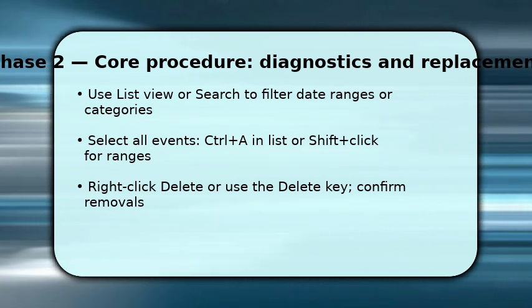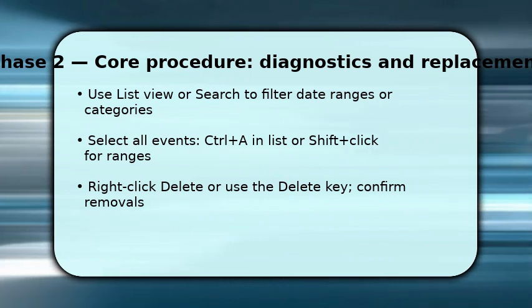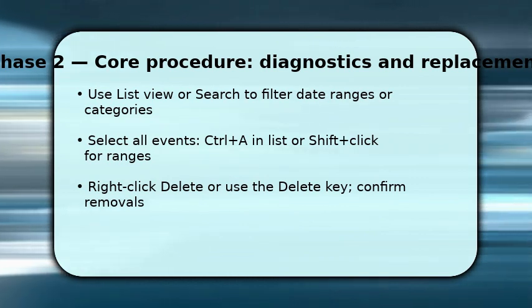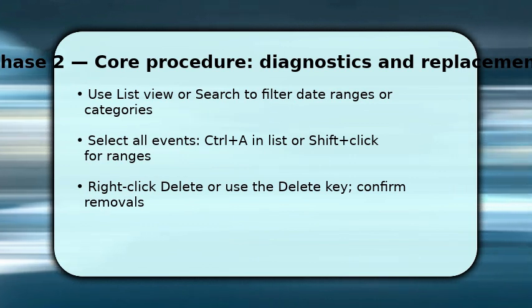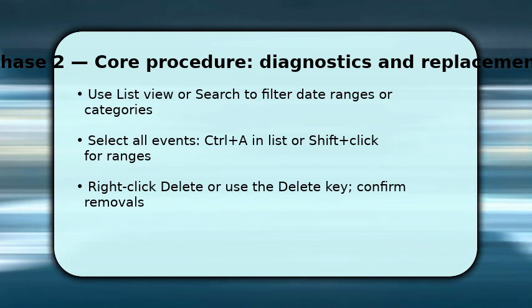This makes selection precise. Once filtered, select items. Control plus A grabs all, or use Shift plus click to pick a specific block. Right-click and choose Delete or hit the Delete key. Outlook will prompt you for recurring items. Choose appropriately. Make sure to check the deleted items or recoverable items if you change your mind, because deletion can